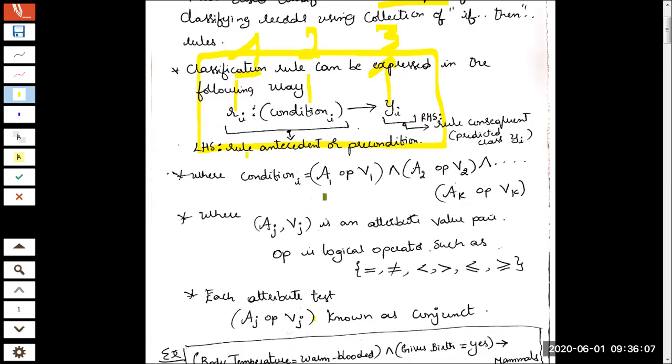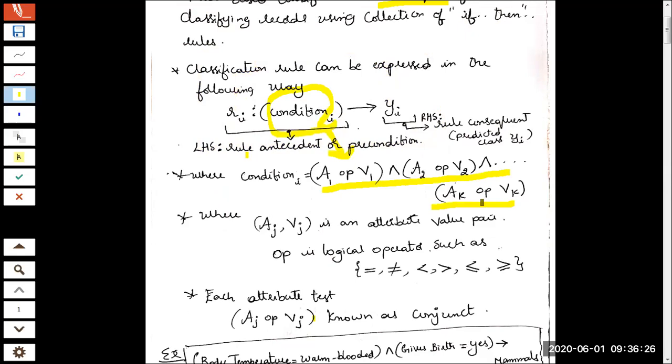Now we're getting back to this. Now we will further explore what is there in a condition. Just now we saw that towards the left hand side we have a condition. What will be there inside a condition? We will try to explore it. So this is what is there inside a condition. A condition will have an attribute written as A and a value. In between the attribute and value, we have something called OP, which is nothing but the operator.